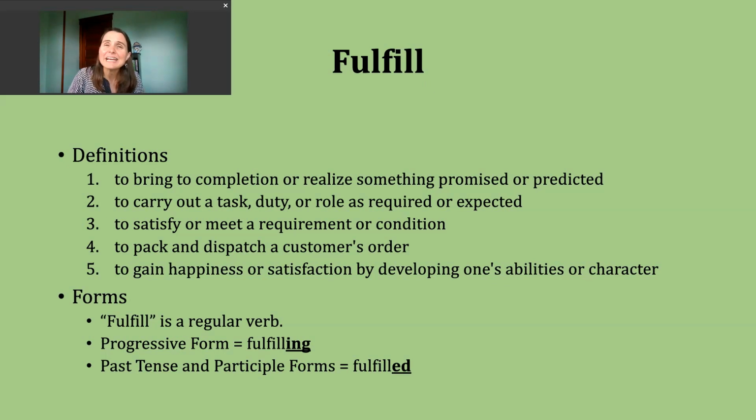Now, a second related way to use this verb fulfill means to carry out a duty, a task, a role, something that is required or expected. With this second definition, many people think of their different responsibilities at work, right? And to carry out or to complete them. Sometimes as we receive performance reviews at work, our supervisors will look at whether we are fulfilling our duties,